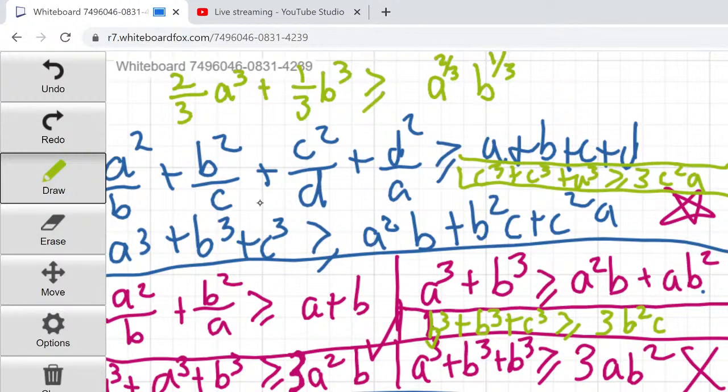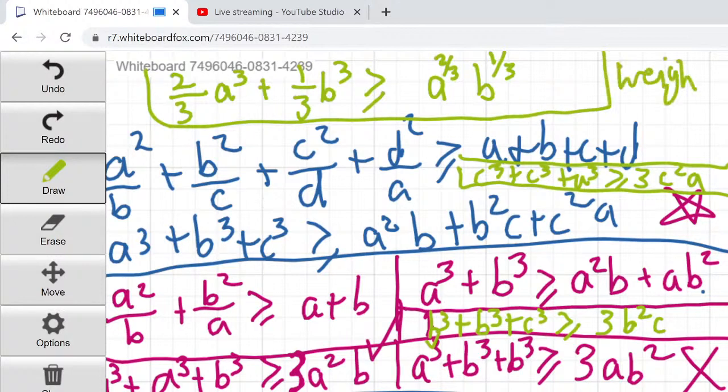Does that make sense? Like having 3 of them, we did AM-GM with 3 things, but we basically used a cubed twice. There's another way to do it where you're just using a cubed twice, so we'll just weight it differently in the two-variable AM-GM. This is called weighted AM-GM, and the thing is, it doesn't have to be fractions. It can be any 2 numbers that add up to 1. It doesn't have to be rational numbers. So you can see that's exactly